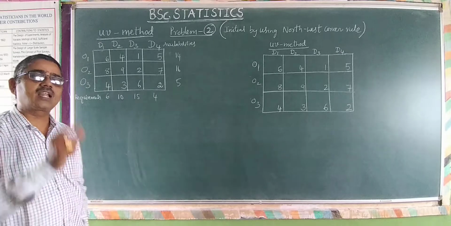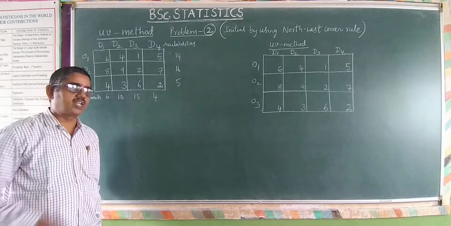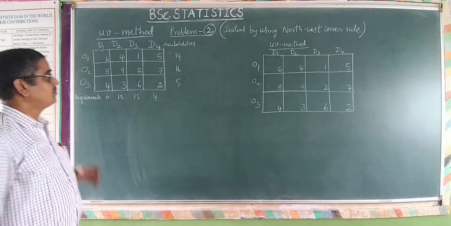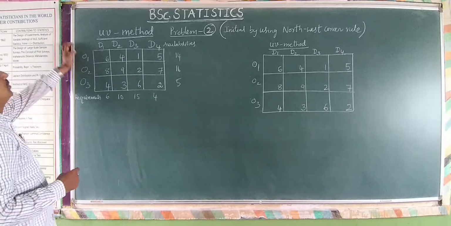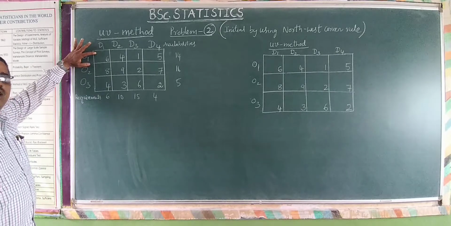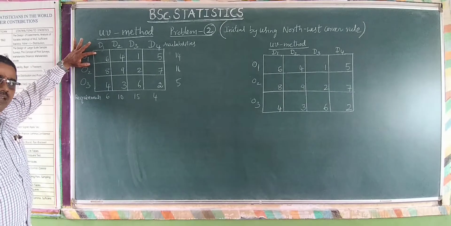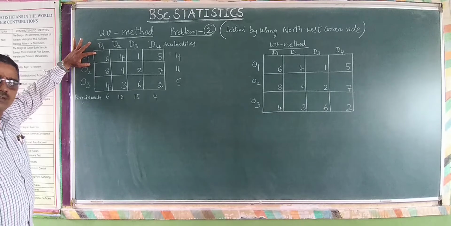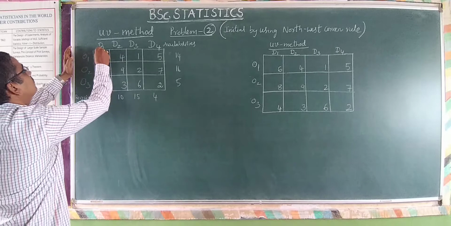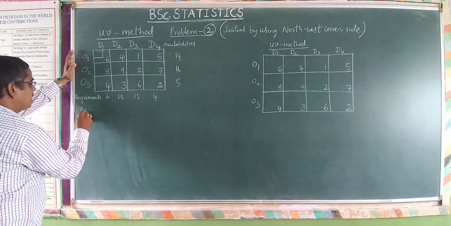So if we consider the northwest corner rule, what is the procedure? Northwest corner rule means the first, extreme cell, that is cell 1,1. In this cell 1,1 you have to make the allocation, which means I am writing here x11 is